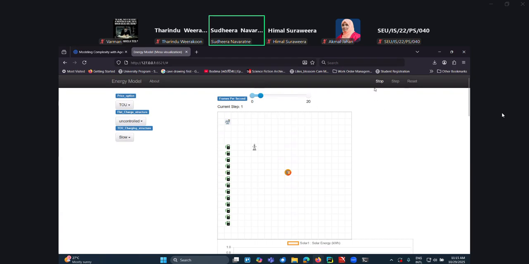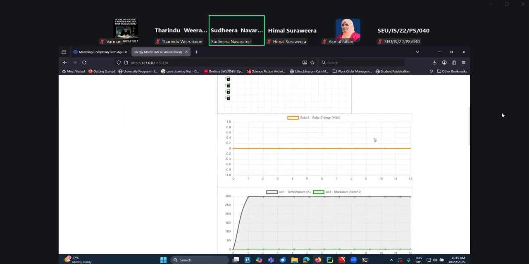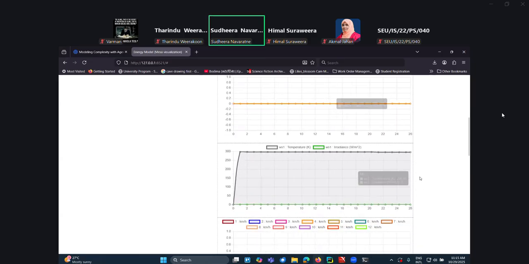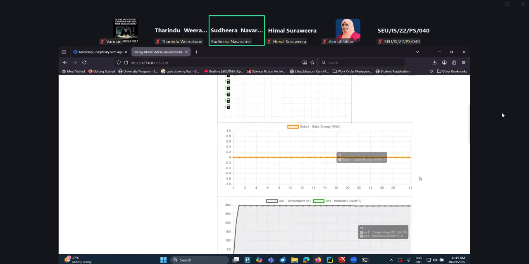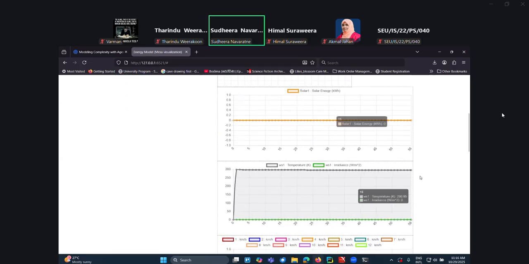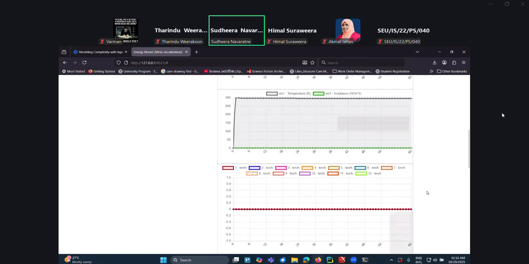If you run this model, you can see it's running in steps. That's why that step function is there. In every step, each agent will take a decision, and each agent will interact with the other agents. Early in the morning, there's no solar, nothing, no EVs are going here and there.